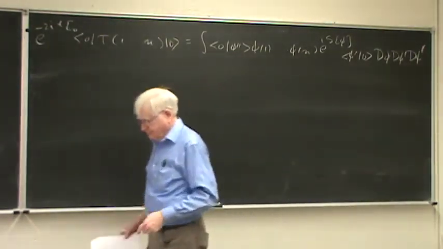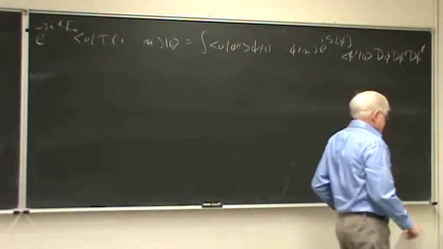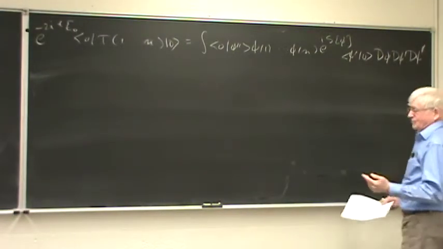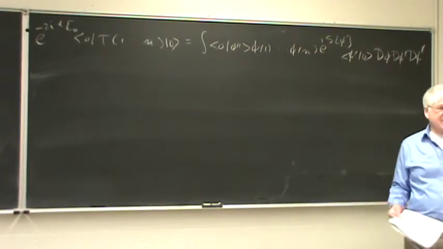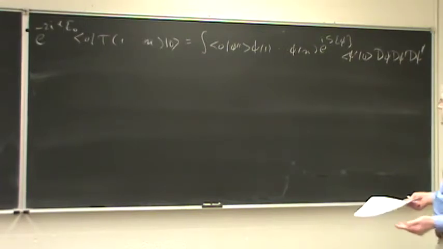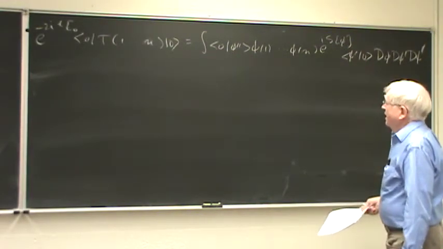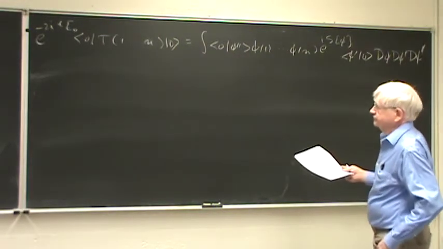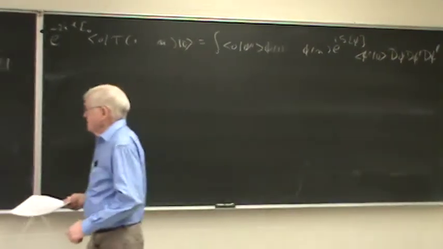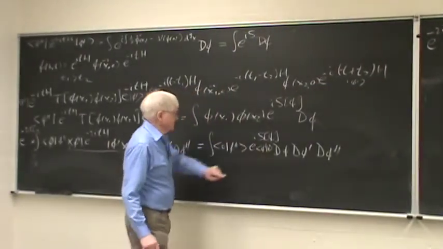And okay, what does the right-hand side say? The right-hand side says you just integrate over all possible fields that go from minus t to something or other at minus t to something else at plus t. You weight them with the classical action, and okay. So what do we have? We have these same factors